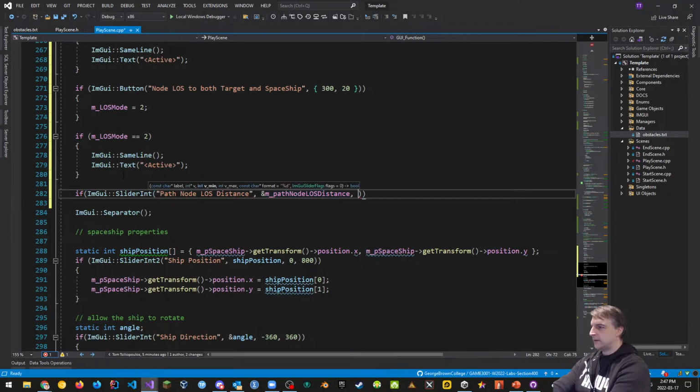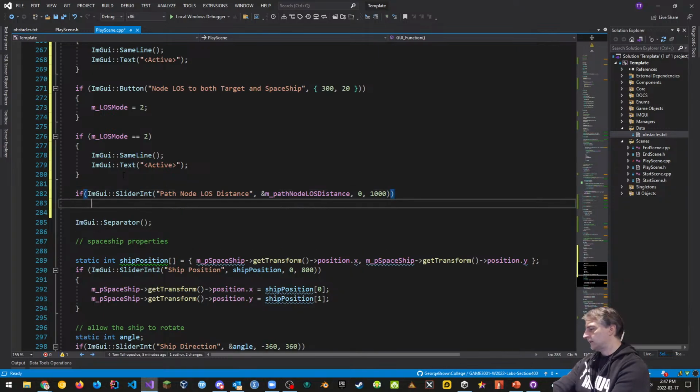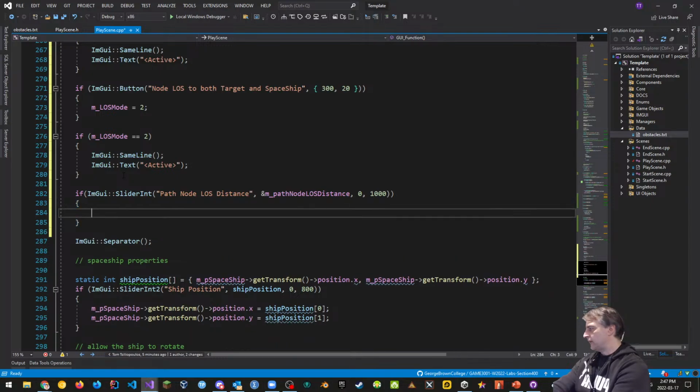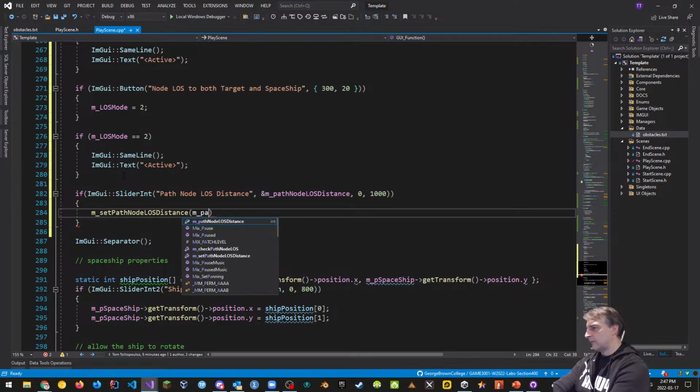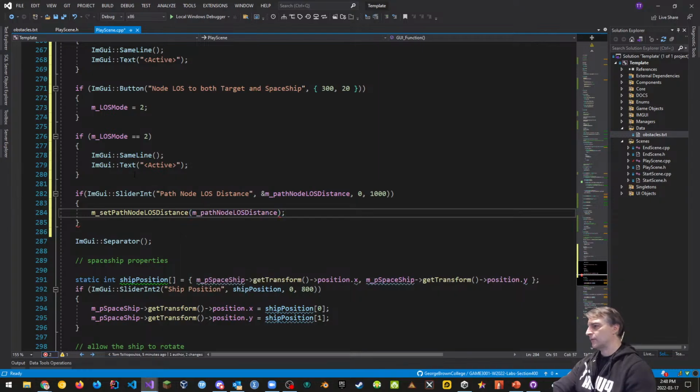And we'll give it a distance starting from 0 and up to 1,000. So you can adjust your PathNode line of sight distance, so you can see how far they can see. And we'll set PathNode line of sight distance to m_PathNodeLineOfSightDistance, which is what we had before.